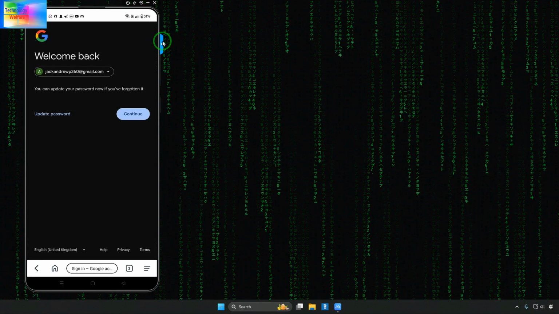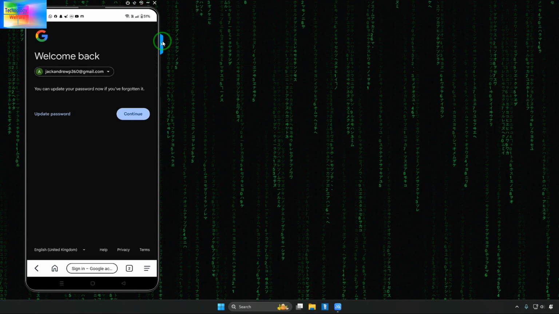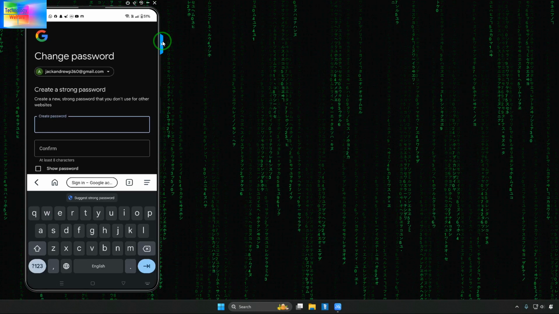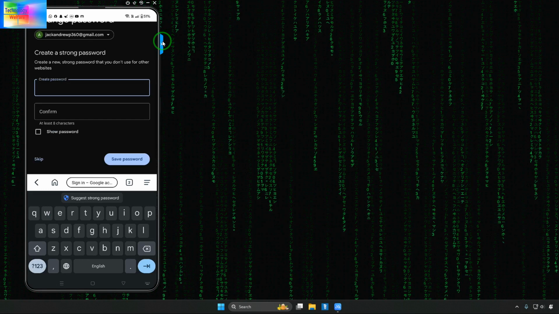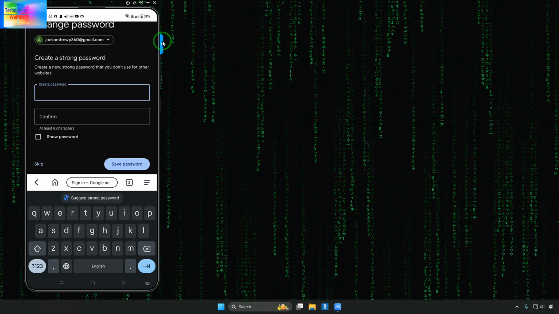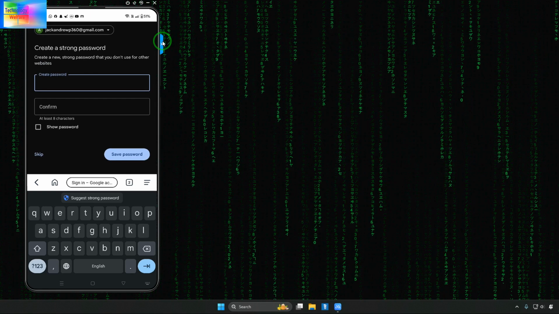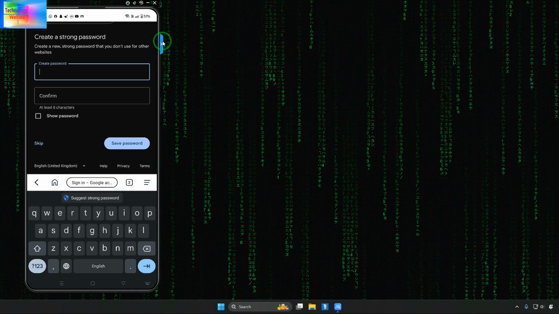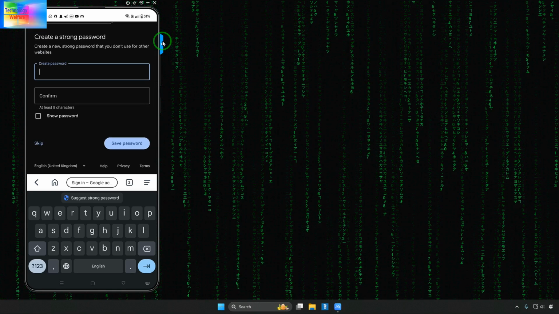Now directly we would be here, and as we see here, don't click on continue. Just we will have to go for update password. Just pick this one. Now Google is giving an opportunity on this particular ID to create a strong password. Here of course you can create the strong password, otherwise you can skip, guys, and after skipping directly you can recover your ID, and of course you can go for changing your Gmail recovery ID, or